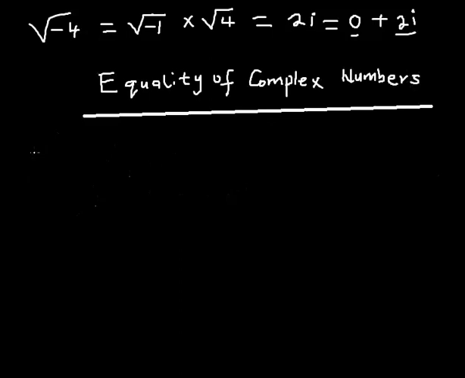I multiply 3 plus 4i by the complex number, just the complex number, which of course is 2i. Then I multiply the 2i by 2i. Okay, so let's expand this. 2i multiplied by